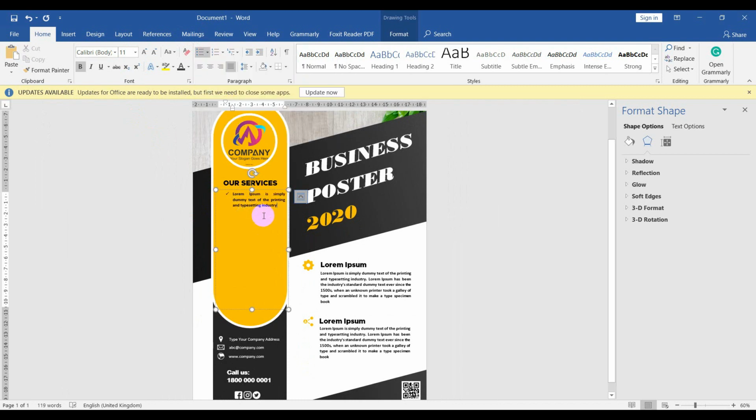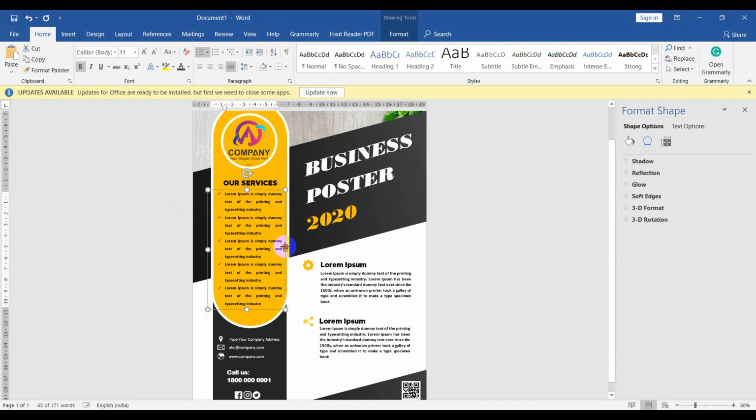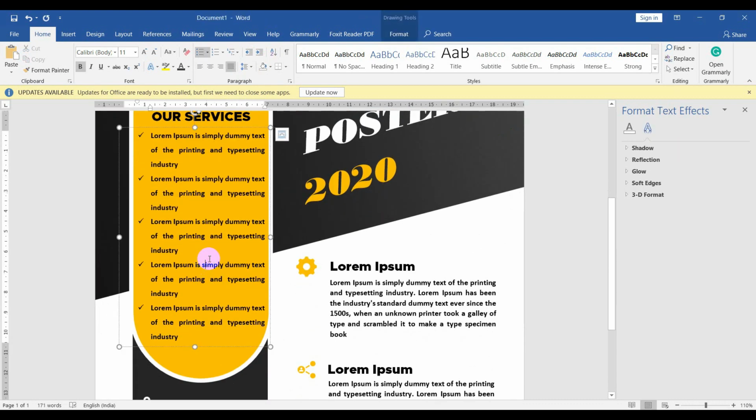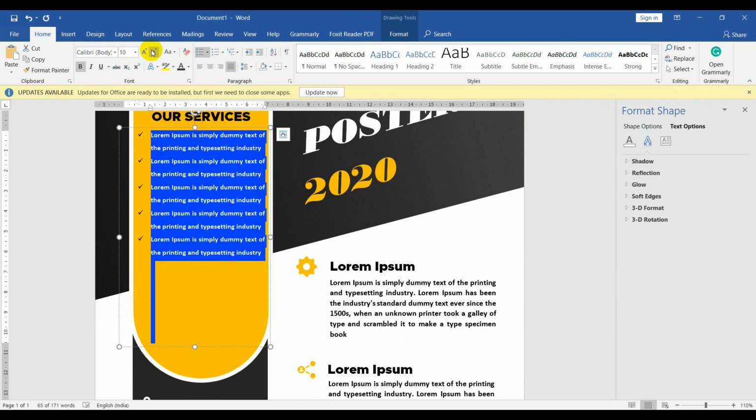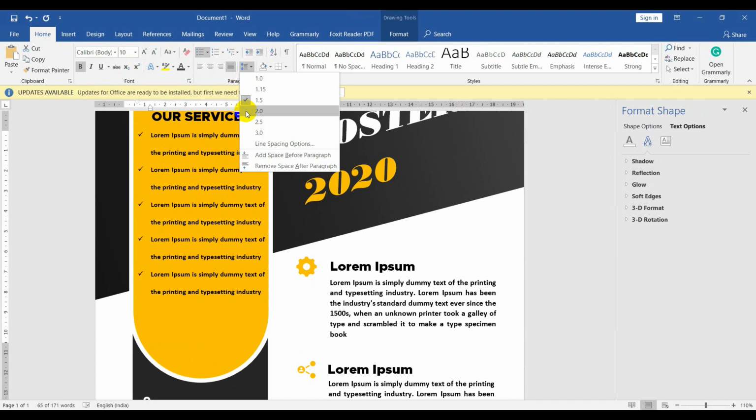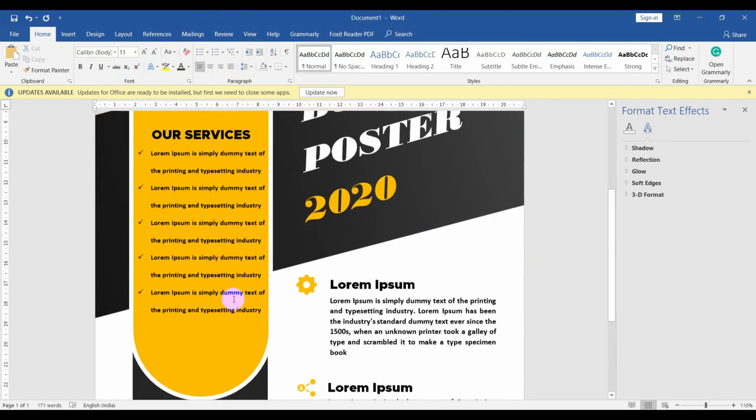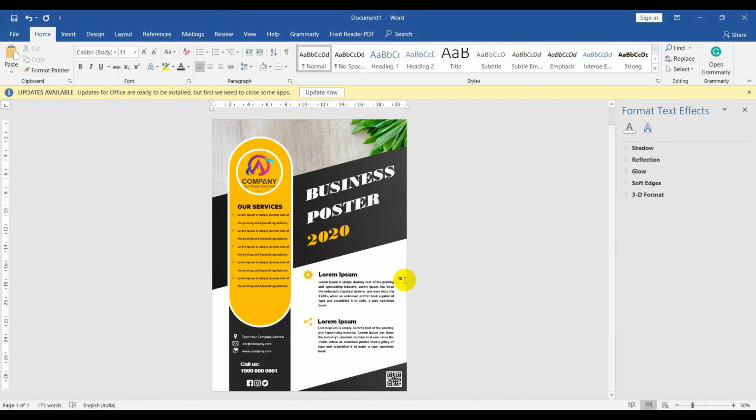Now paste the copied text and do the same. Paste again. Okay, now increase its line space and adjust its width. Reduce the font height from here. Okay, now give them some gap between lines. Here our design is completely ready.